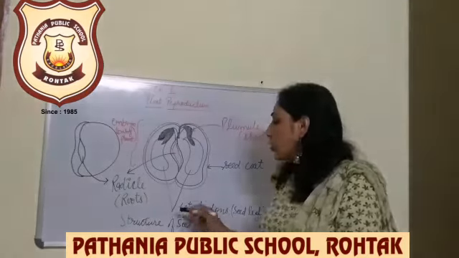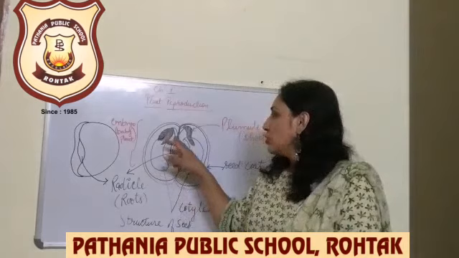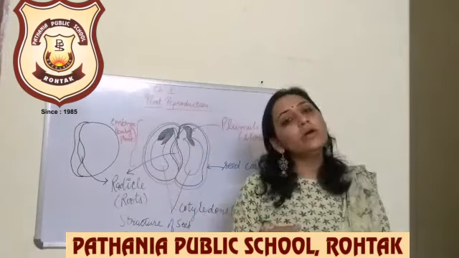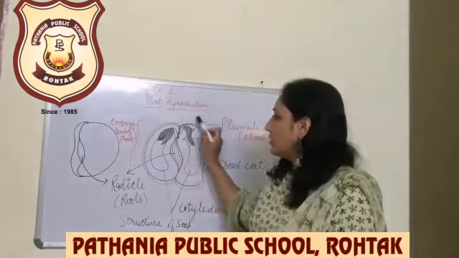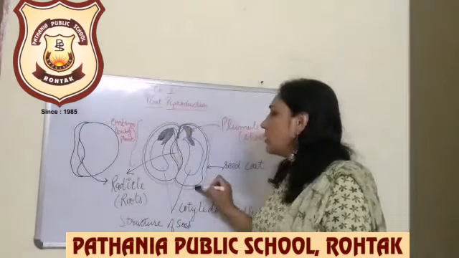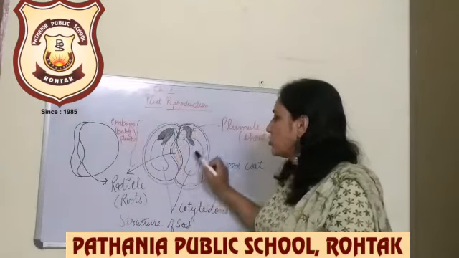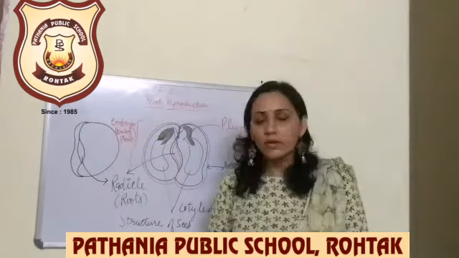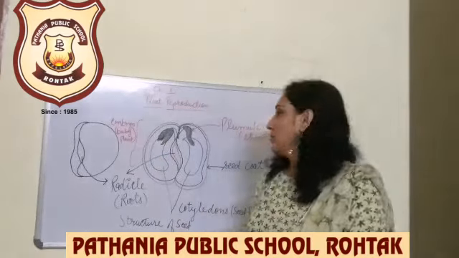Basically the function of the cotyledon is that it provides nutrients. It provides food to the stem or to the roots so that they grow into a new plant, or it provides nutrients to the baby plant. The whole inside structure is called the baby plant or embryo. So cotyledons provide food or nutrients to the baby plant.